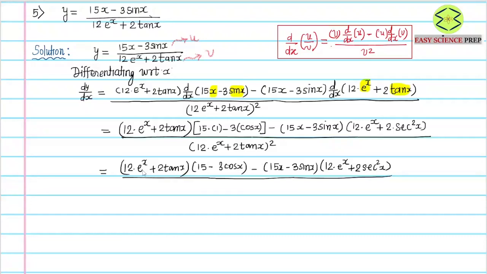Now if you open this bracket, that is only algebra. There is no differentiation in it, so there is no need to do a lot of algebra here. You can simply stop at this stage, with the denominator being the whole square. This is what I believe is the final answer. Okay, you can keep on doing a lot of algebra later on, but that will not yield any benefit. So you can stop here.